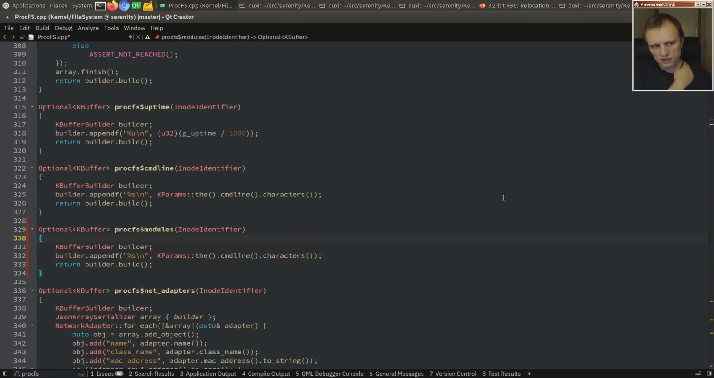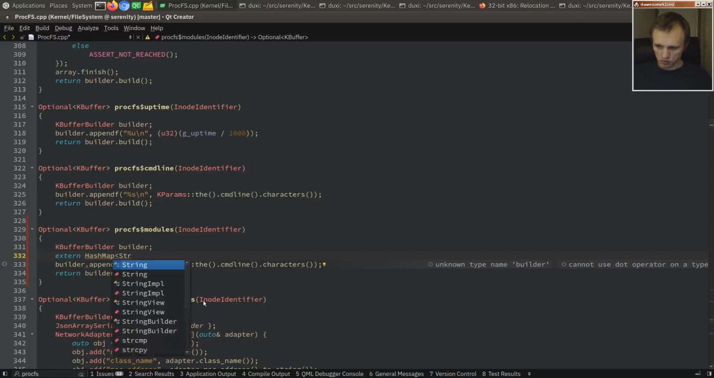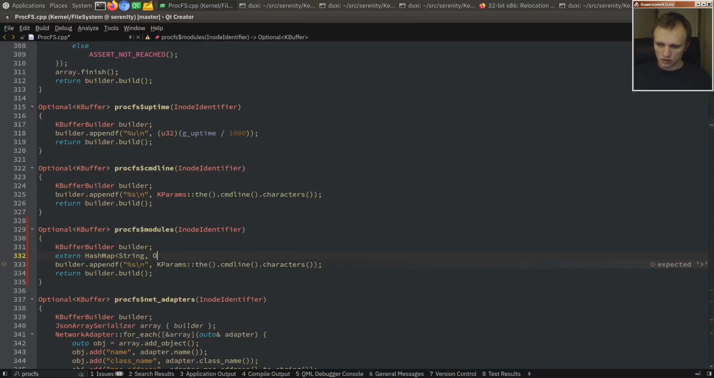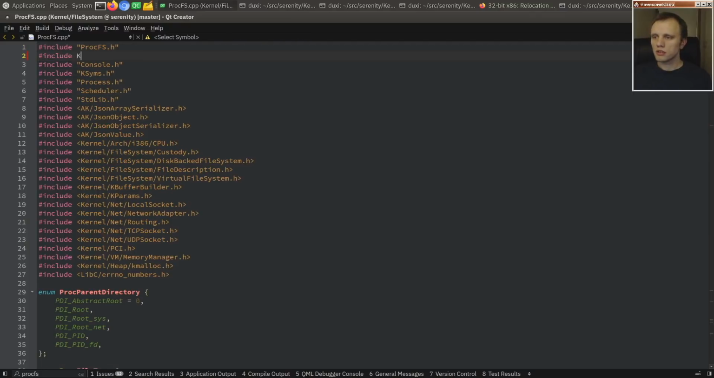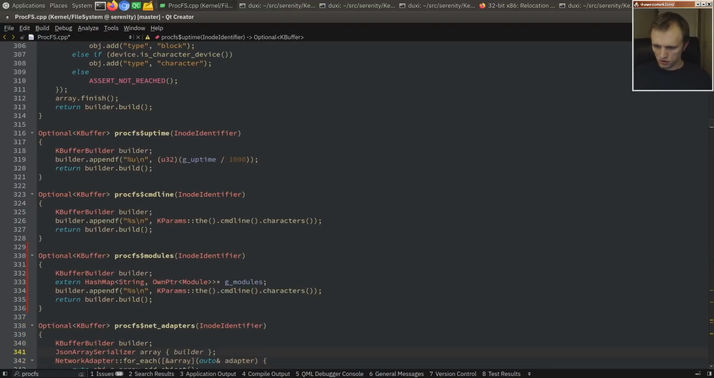You add it to the table that we just did, and then you create this callback function that generates a K buffer with the contents of the file. It's pretty straightforward. So here we are just gonna say for now extern hash map string to own pointer module g modules, and we'll need kernel module. All right, and then we will just